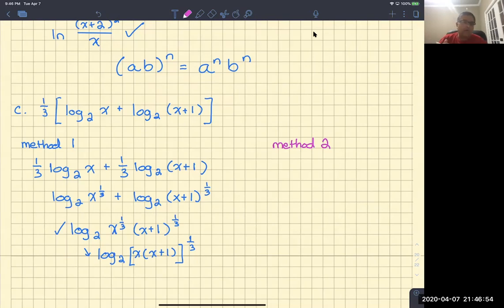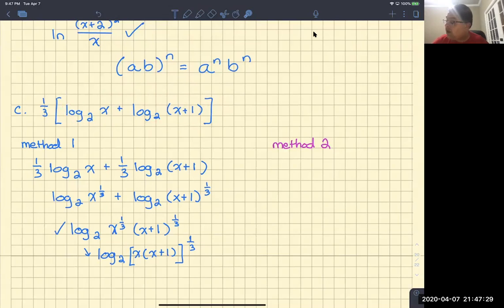It does not matter which order you do the steps in. Okay, you can do the power rule, then the product rule, then the quotient rule, or you can do the quotient rule first, then the product rule, then the power rule. It doesn't matter which order you do it in. It's not order dependent. So instead of distributing 1/3 like I did in method 1, I can start off by working within the bracket and say, okay, well, I can condense these two logarithms into one using the